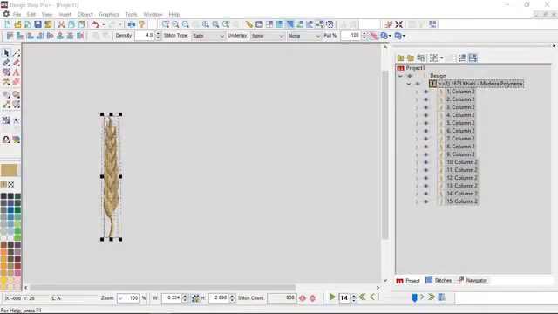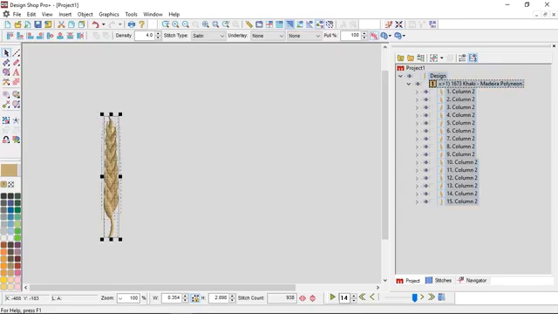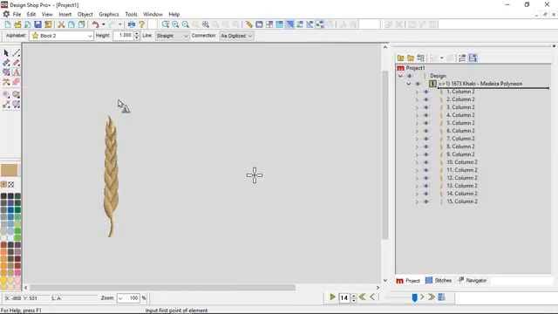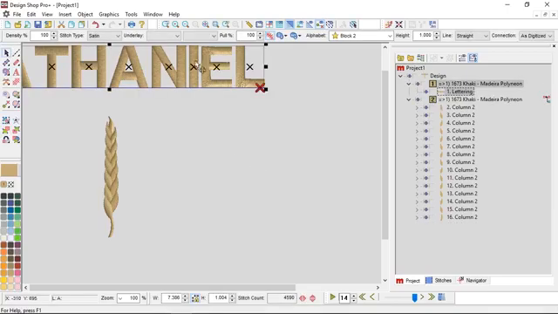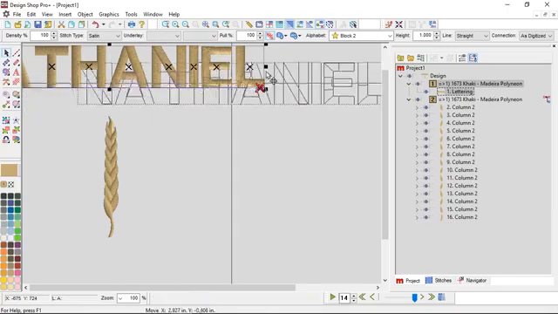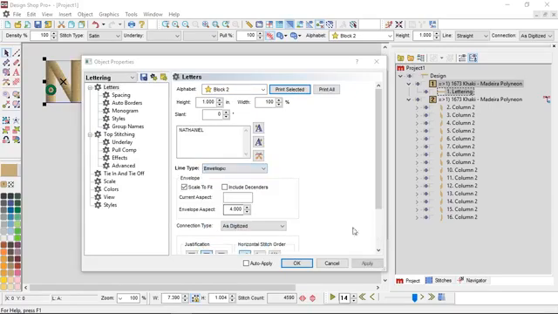So what I have here is just a digitized, it's a bunch of column 2s actually, digitized piece of wheat, I guess. If it were green, it could be considered a piece of laurel. Doesn't matter, you can make a wreath out of whatever, or a kind of just a band of whatever. And just like with lettering, so let me put my name in here. And if I change my line type to envelope,